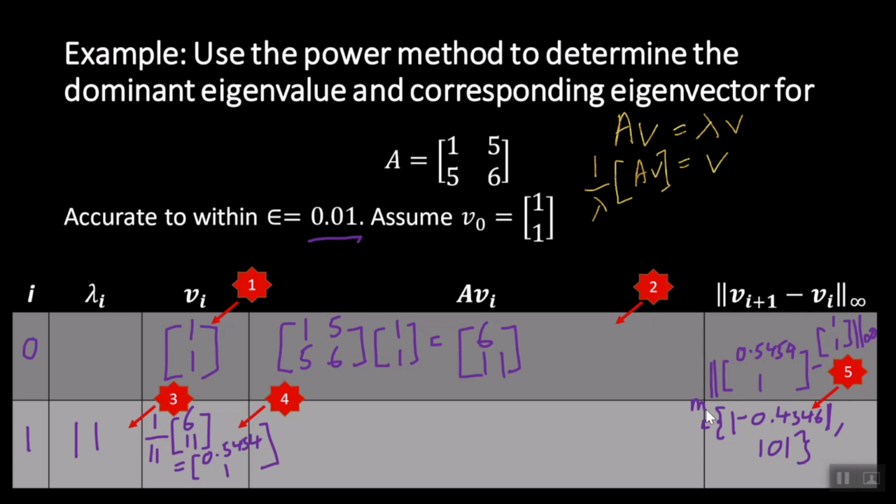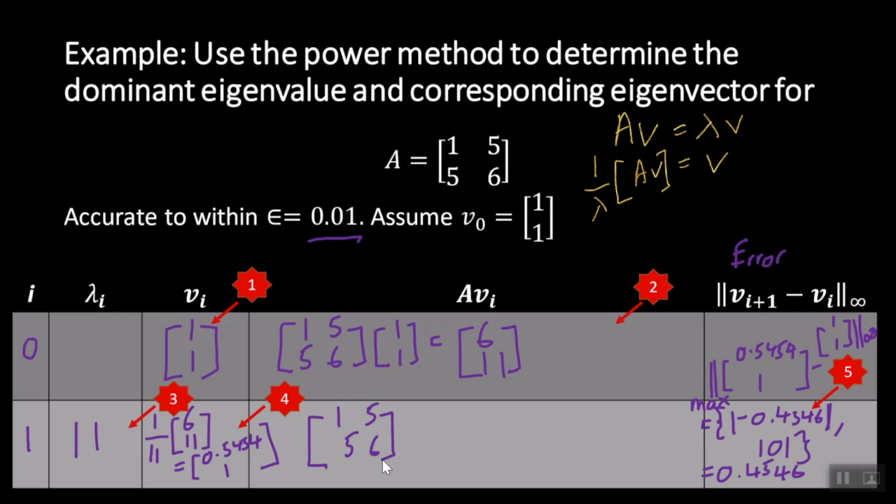So the maximum of the elements in this set would be 0.4546. Now the error is always positive. And next, we would continue the iteration again. We compute our new AV1. So the matrix A remains as